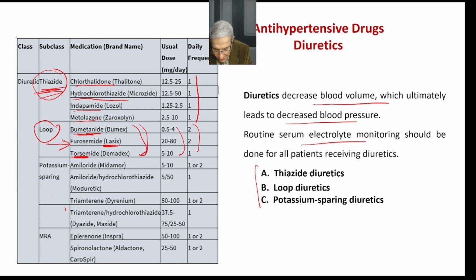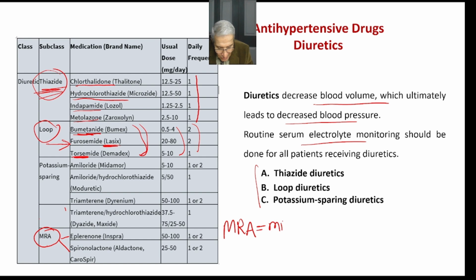We have torsemide. These are the 3 most important loop diuretics, and we have some details about number and usual dose. Potassium sparing diuretic, amiloride, hydrochlorothiazide, and then we have triamterene. Regarding the mineralocorticoid receptor antagonist, we have eplerenone and spironolactone. So MRA